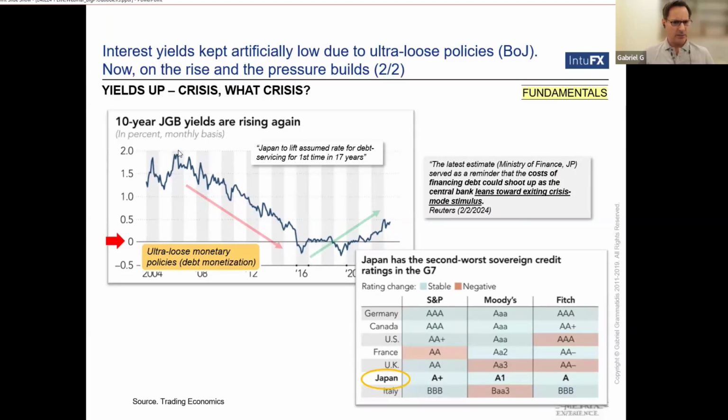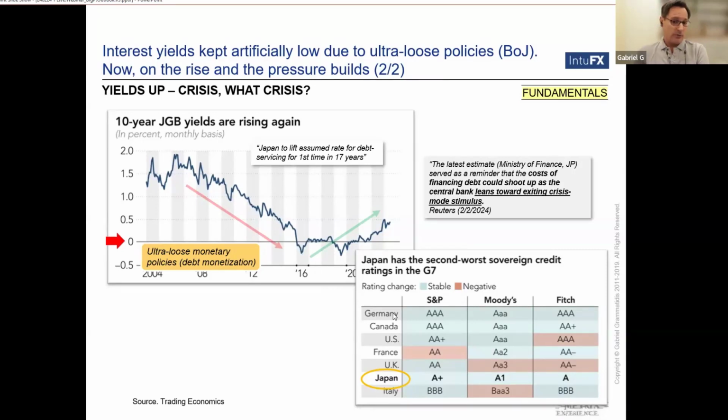So the yields, we can nicely see it here. They went down, right, lower and lower and lower, even into negative territory. And this was due to the, I found that in the press, it's not my invention here, ultra loose monetary policies, right? So very aggressive quantitative easing, right? The state was buying the debt and was lowering the yields even into negative yield, not just for a year or two, right? For several years. We can see it here for about 5 and 6 years, right?